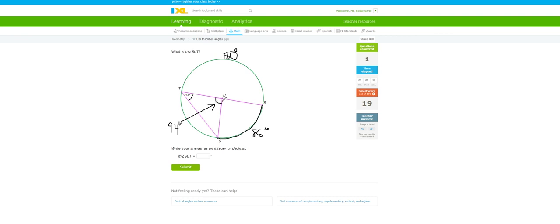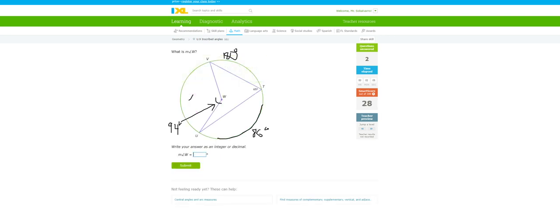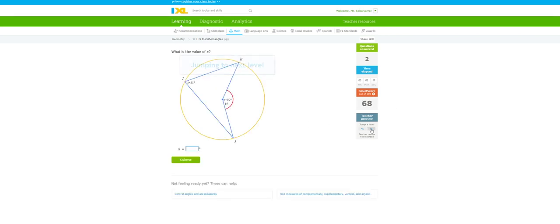which is going to be, notice it's coming from the center. It's not an inscribed angle because it's coming from the center, so it's going to be 94. It's going to be the same thing, okay? So remember, central angle is the same as the arc. Inscribed angle is half of the measurement, okay? So I'm going to step it up a level, and notice now